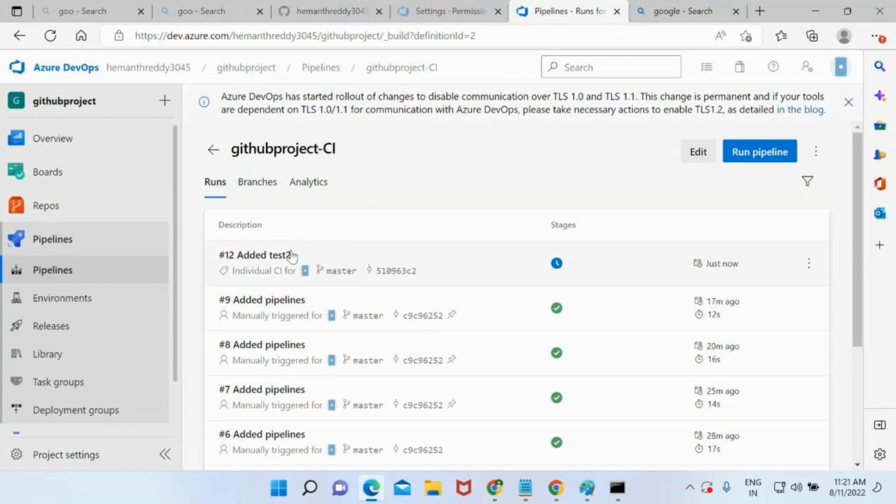What will be the output of this zip file, or the files? In that zip, if I download that zip file, will I be able to find test2 inside that or not? Test2 file